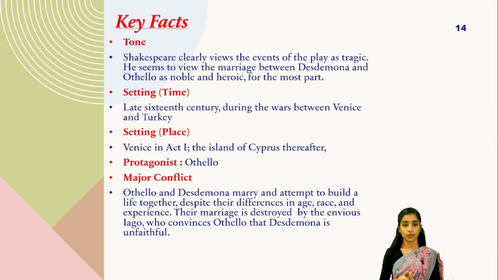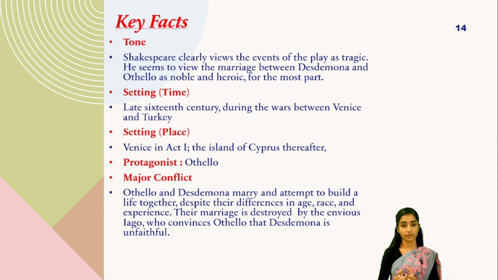And then the setting of the play was taken during the 16th century, with the wars between Venice and Turkey, where Venice wants to completely destroy the Turks, and the Turkish people want to completely occupy the Venetian land. And only the first act was set in Venice; the rest of the play was set in Cyprus. And the protagonist, of course we know, is Othello,